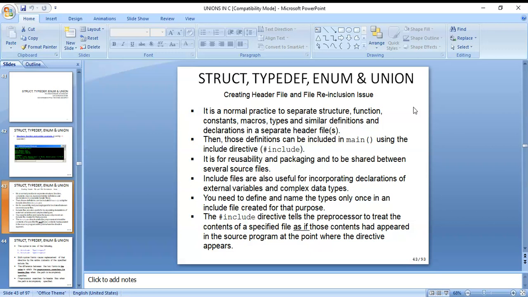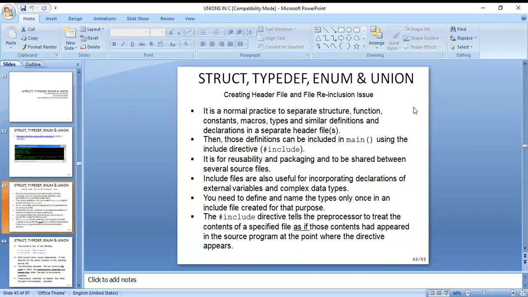Next, include files are also useful for incorporating declarations of external variables and complex data types. The basic data types are integer, character, and floating point. Integer is used for rounded values, and floating point for fractional values.